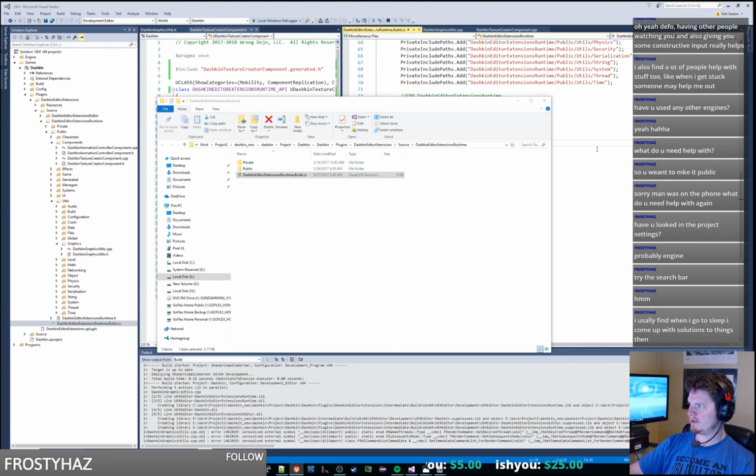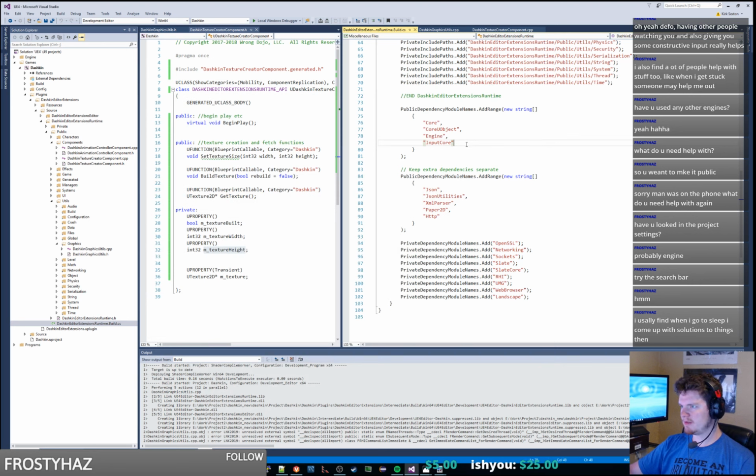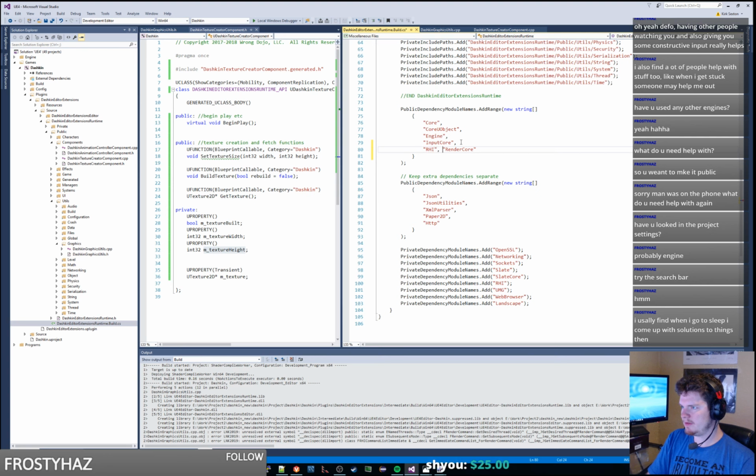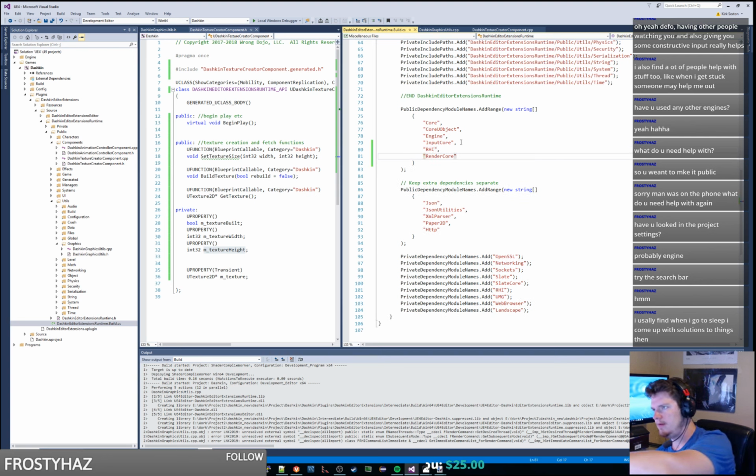So if you ever have weird linker errors and you're messing with C++ stuff in Unreal and you just added stuff that might be in a module that you didn't include, it's your Build.cs file that's going to be causing all that shenanigans. Basically, linker